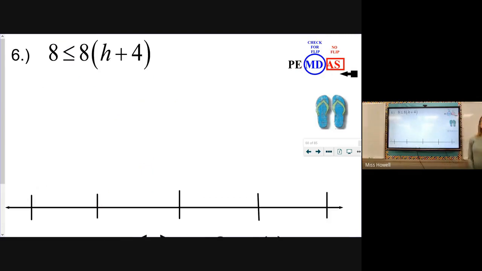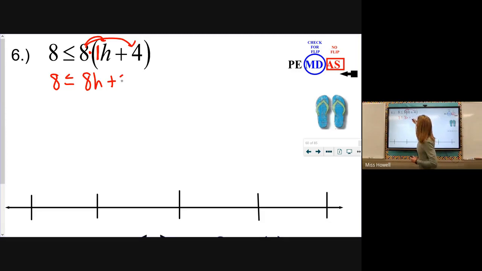All right, number 6, we need to do a distribute and then use our inverse operations to help us solve from here. So we need to get rid of these parentheses by taking our outside item of 8 and expanding or distributing it to the h and the plus 4. This 8 is less than or equal to, we'll just stay there for now. All right, 8 times, remember, this is a 1h. So 8 times 1h will just give us an 8h. And 8 times 4, bring down our plus, it's still a positive. In this case, we should have a positive